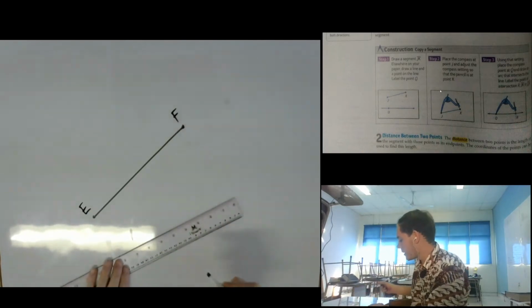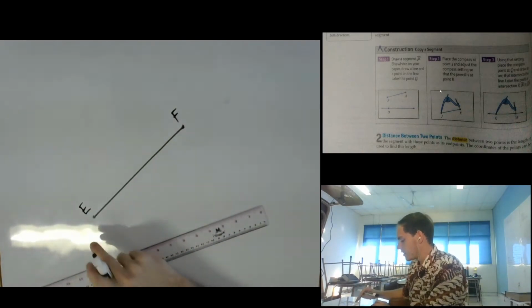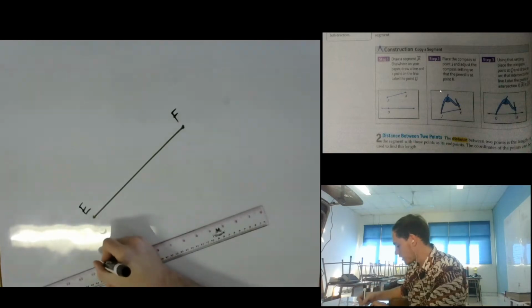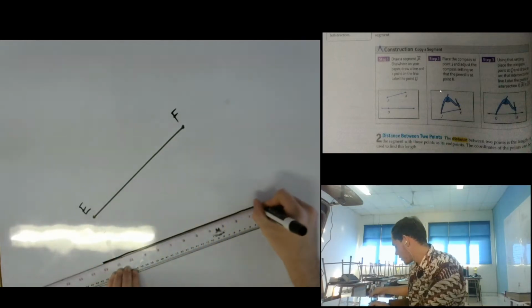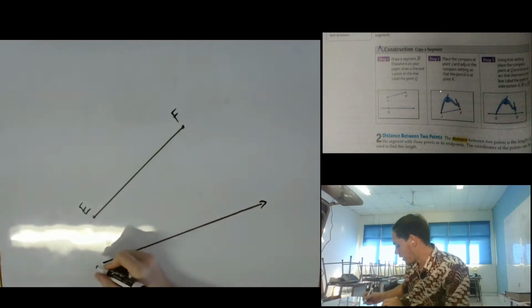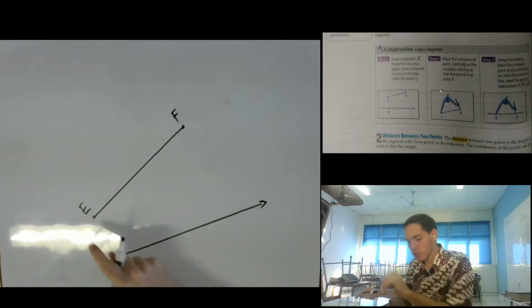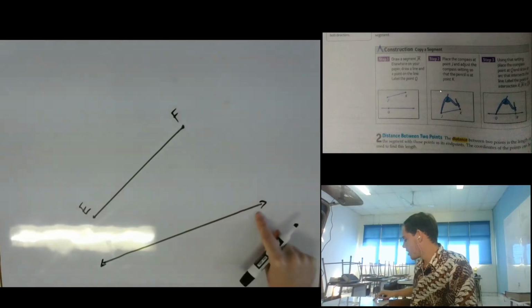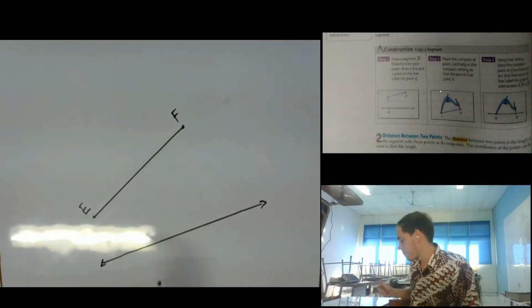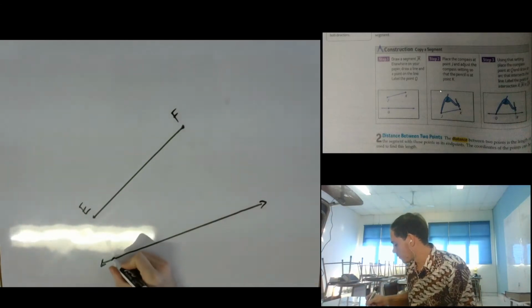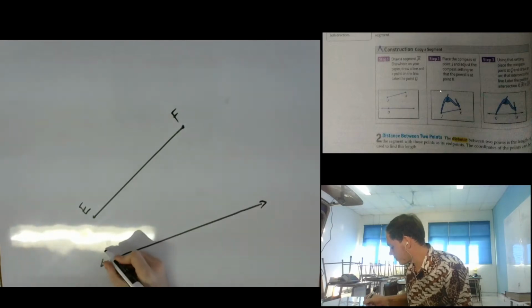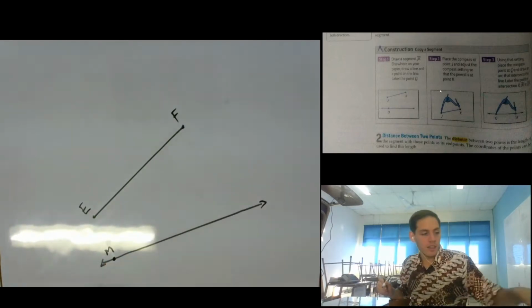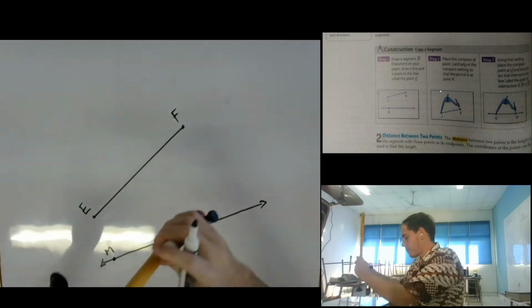Now I want to make a congruent line segment to this along this line. So first I'm going to put point M. And what I do is I take my